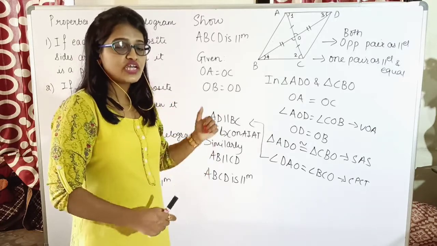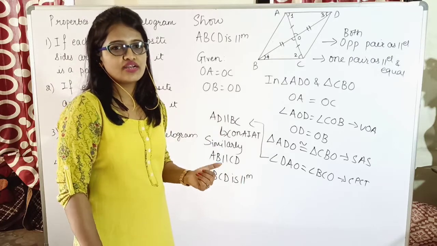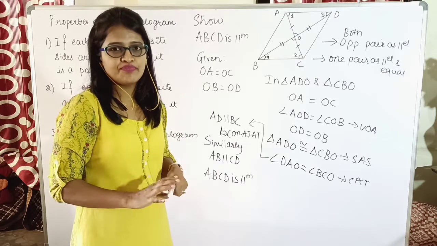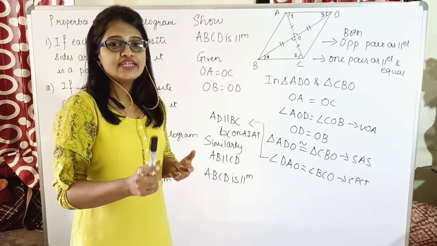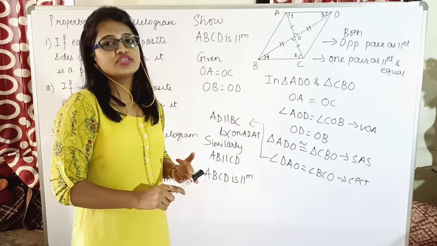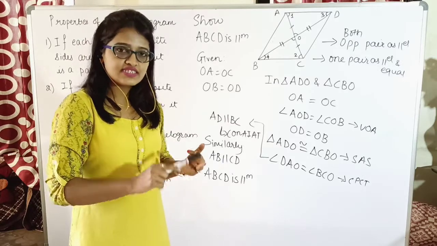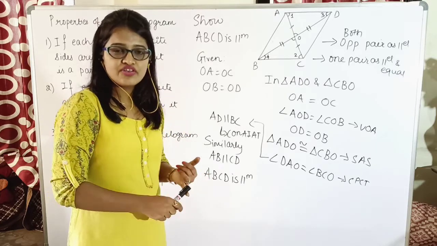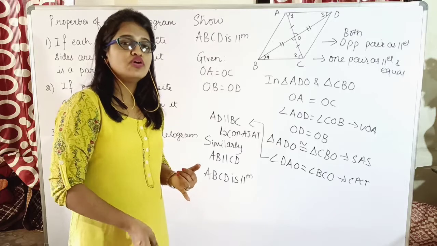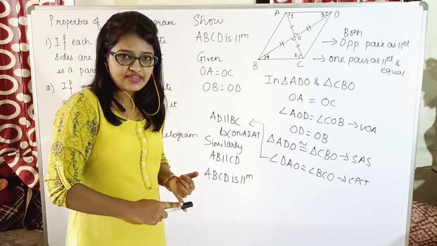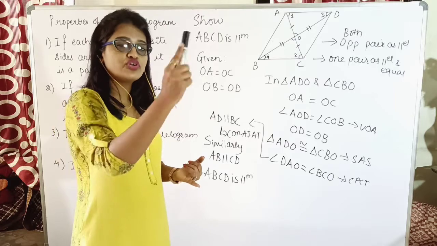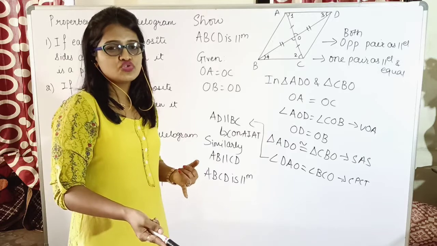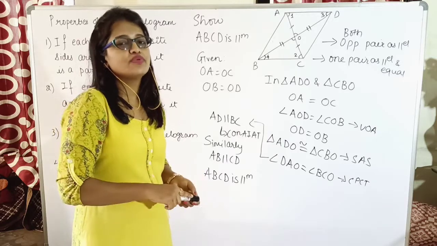Whatever definitions I gave when I was explaining the types of quadrilateral, you have to make use of those definitions to show the respective quadrilateral as a certain type. Similarly, if you have to show it as a rhombus, first you show the quadrilateral as a parallelogram, and then the second step would be to show that all the sides are equal. Similarly, for a square you have to show first that it is a rectangle, and for a rectangle you have to show it is a parallelogram. So once you show it as a parallelogram, then you show it as a rectangle, and once you show that the adjacent sides are equal, then it will be called a square.